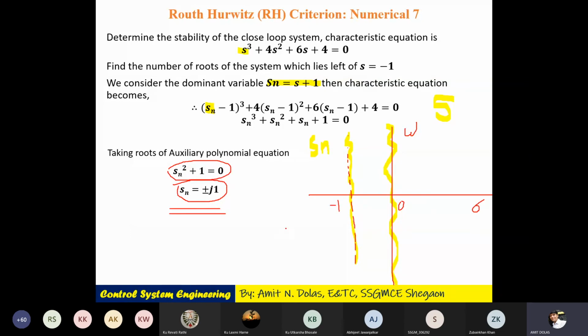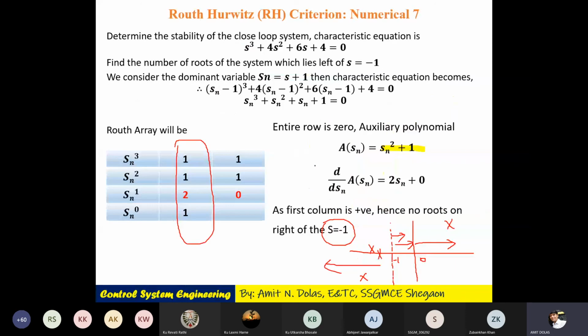The answer is right here, no need to move here and there. Sn plane. So your plus j will be located here and your minus j exactly mirrored here. Minus j is located on this. First thing is this, accordingly you can identify. So it is not here, it is not here, this is the S plane and the shifted S plane is the Sn plane.